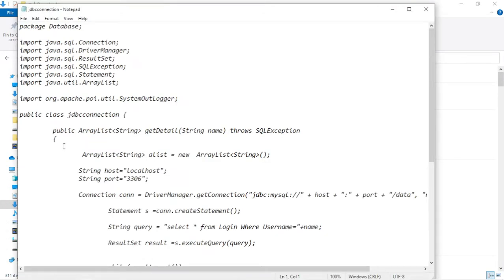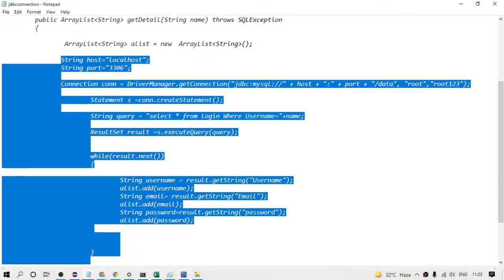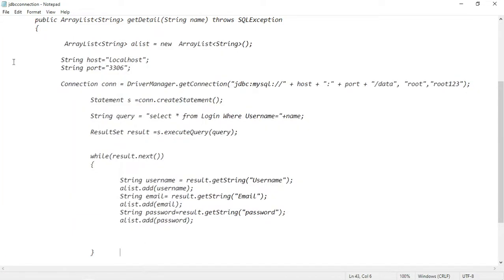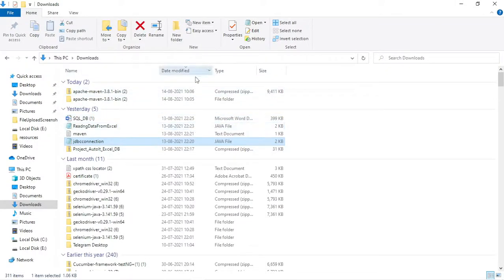let me, so this is one simple code which we require. Let me copy this one, and let me extend it here only.